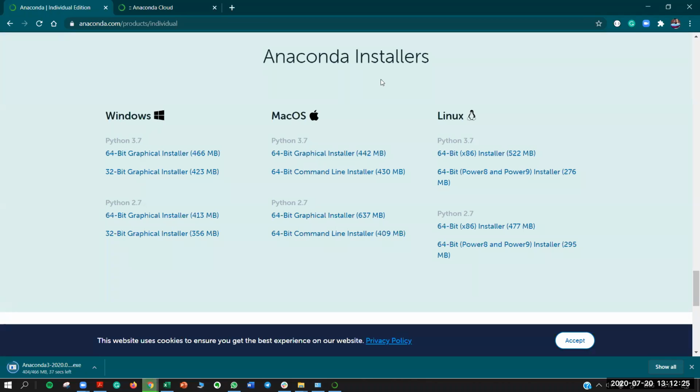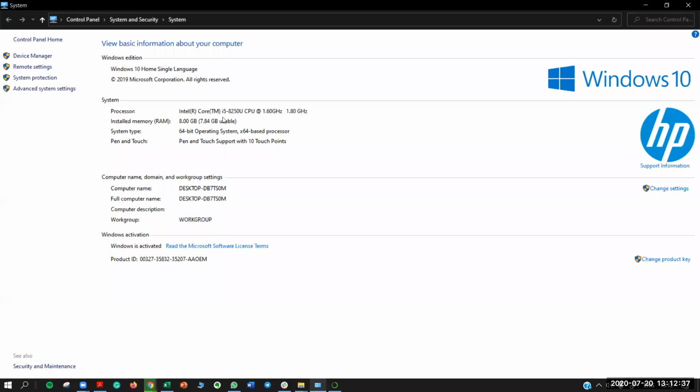So for this, do we have to download 64-bit or 32-bit? You need to download 64 or 32 based on the procedure that I have already shown you. Go to your desktop. I'm reiterating on this. Go to My Computer or This PC.